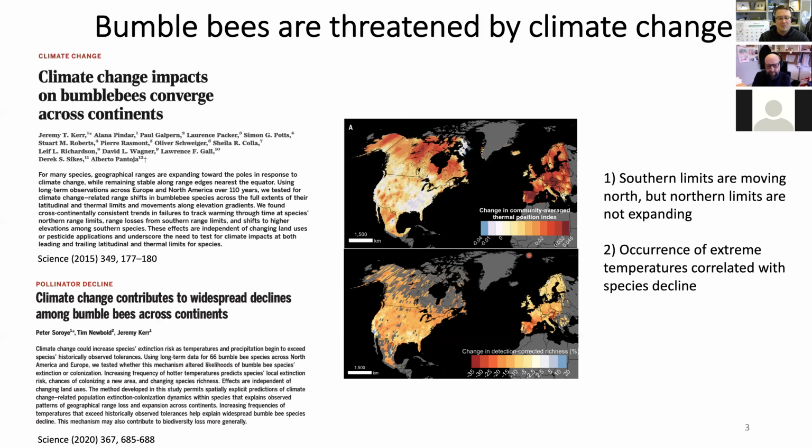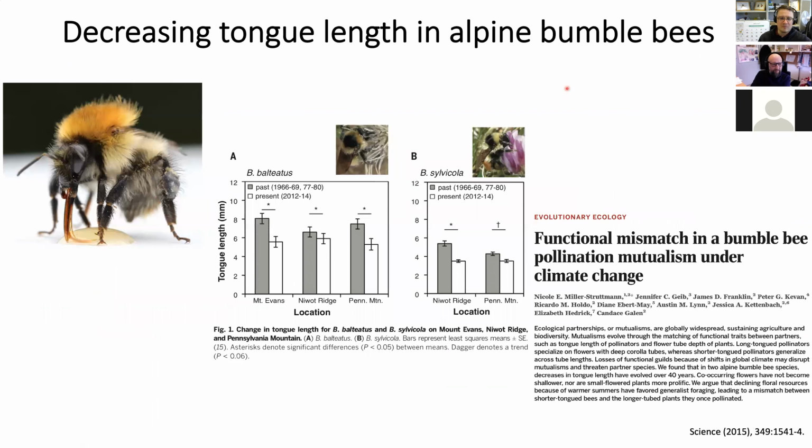it can be important to use genomics to understand how bees are adapted to different environments and how they might be responding to current changes. And another interesting finding, and also one of the findings that promoted the studies I'm going to talk about today, is that as well as the shifts in distribution, there have also been shifts in